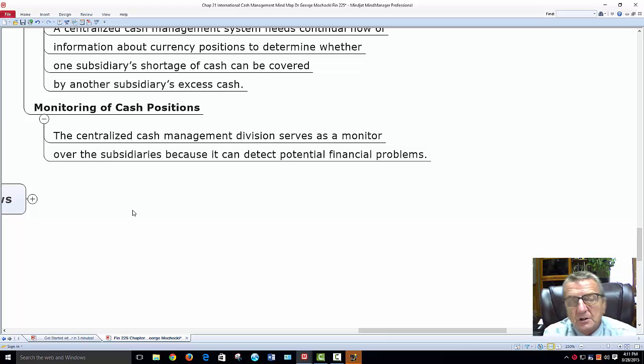You have too much cash here. Why do you have so much excess cash? What happened there? The subsidiary hopefully says, hey, George, parent company, I've got so much extra cash. Do you need it for someplace else? Or do you want me to reinvest? That I'll trust them more. But if you're going to keep it and hoarding it, that's why I had to monitor. I'm going to minimize this. Every time you have over this threshold, you return the money back to me. Okay? Or explain why you need it.